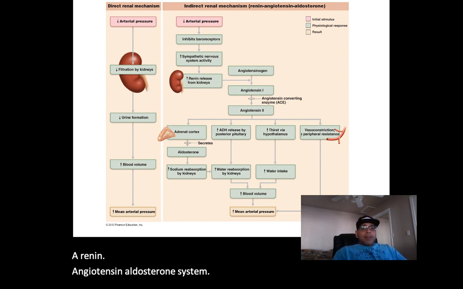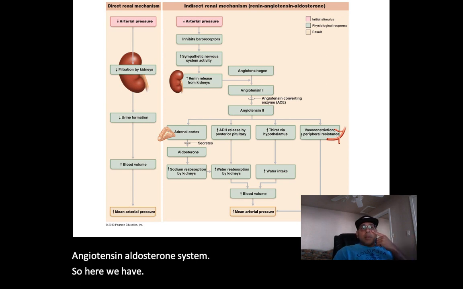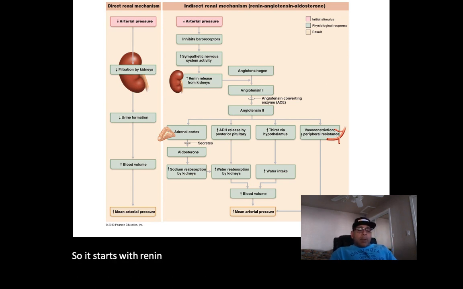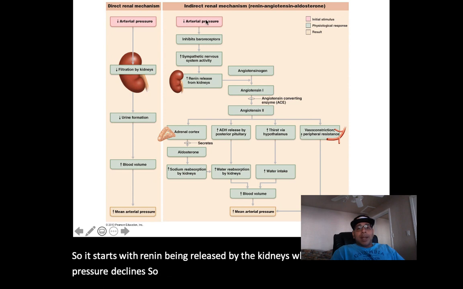So here we have the RAAS system, renin, angiotensin, aldosterone system. It starts with renin being released by the kidneys when arterial blood pressure declines. So arterial blood pressure declines,